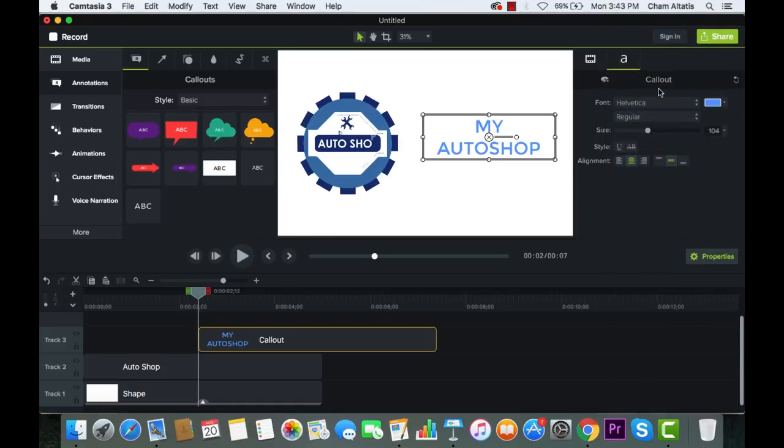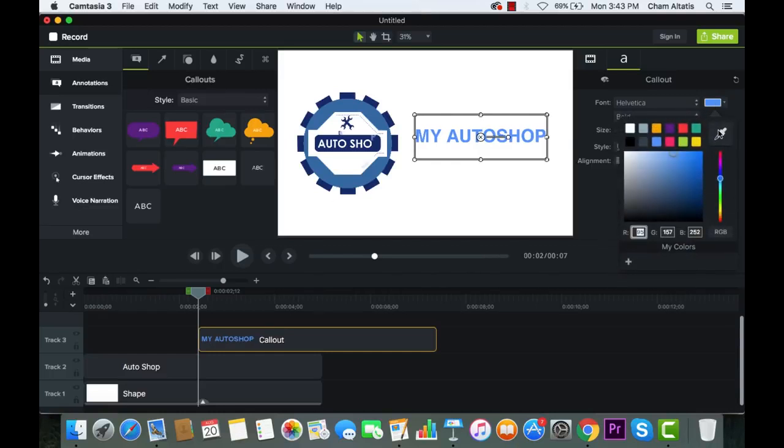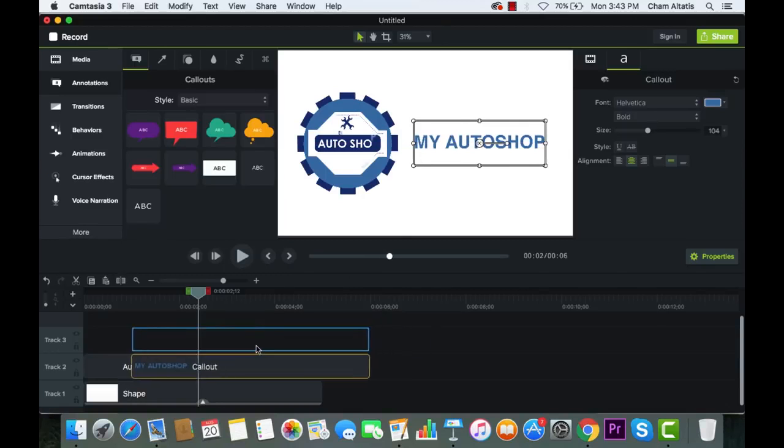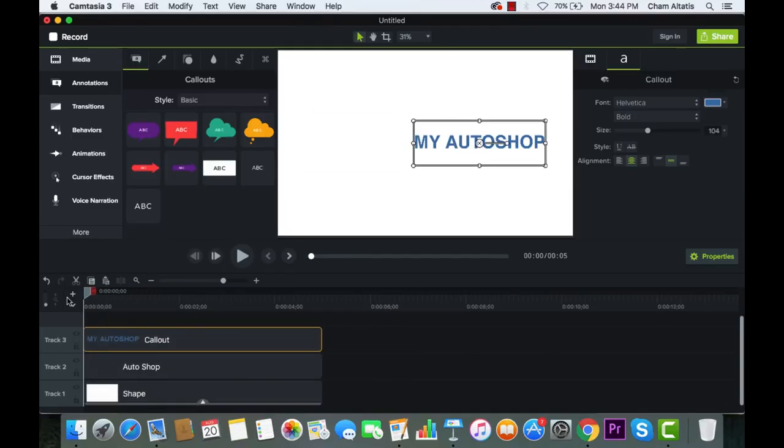There we go. And choose any font that I want. Let's choose Helvetica for now and choose bold. There we go. Or if you want, you can always click the eyedropper and probably just copy the color of this logo right here so that it matches that color. So you can align this here on the timeline. So if you play this,